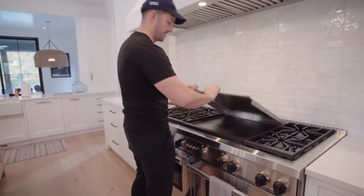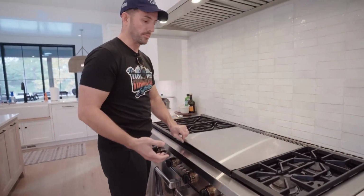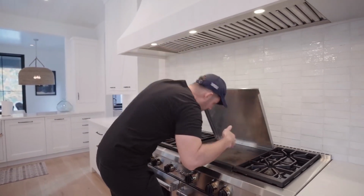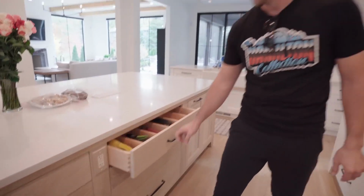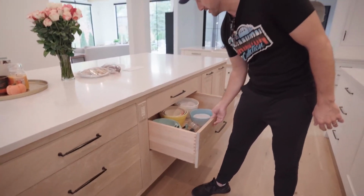We've got the huge griddle, be able to whip up some, it still smells like bacon. That smells so good. I love bacon. Tons of storage. I mean, every one of these drawers is full too. You can pick any random drawer, you name it. Pots and pans, bowls,